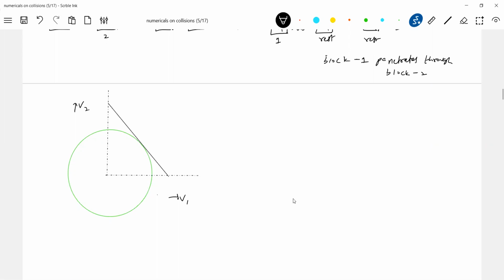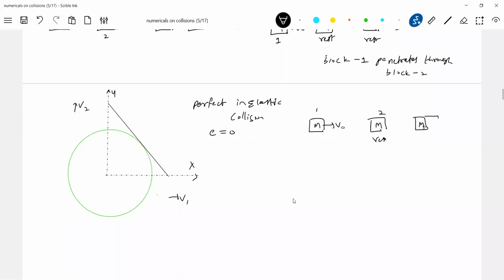Now for perfect inelastic collision, I'm telling, perfect inelastic collision. So e equal to 0. The graph, should it be like this? And what is the object? The object 1 moving with a velocity V0 collides with the second object which is at rest. After impact, both will have